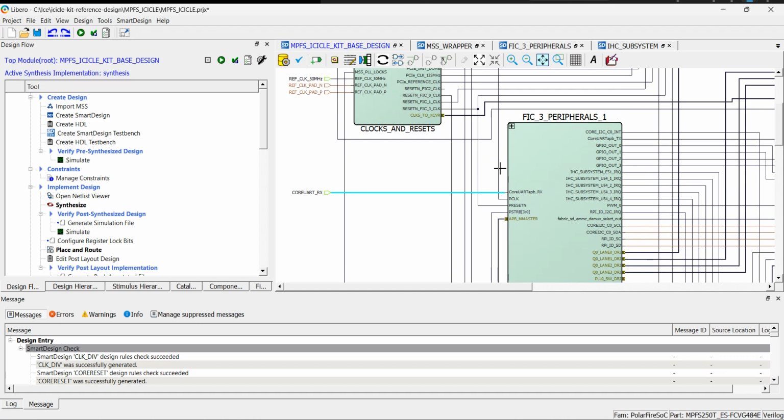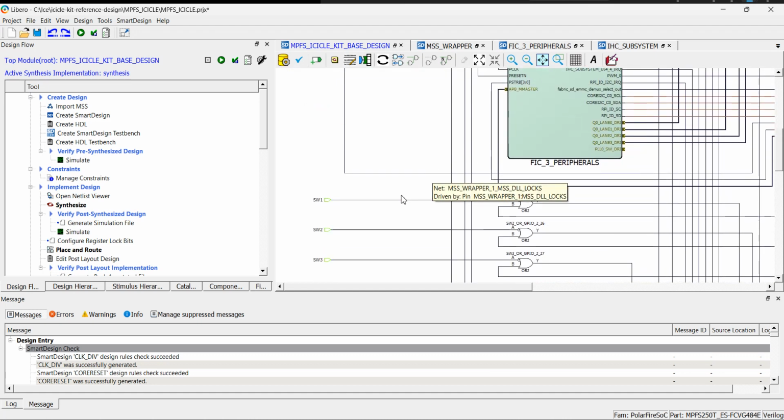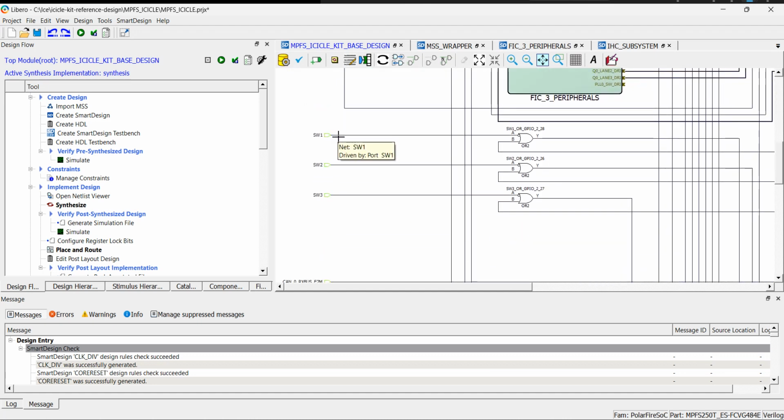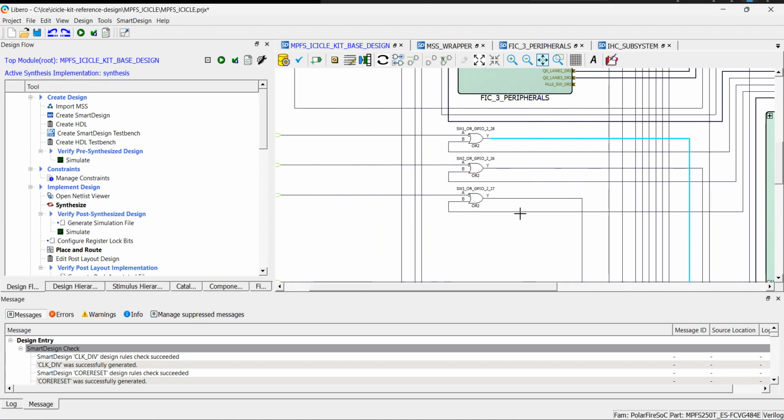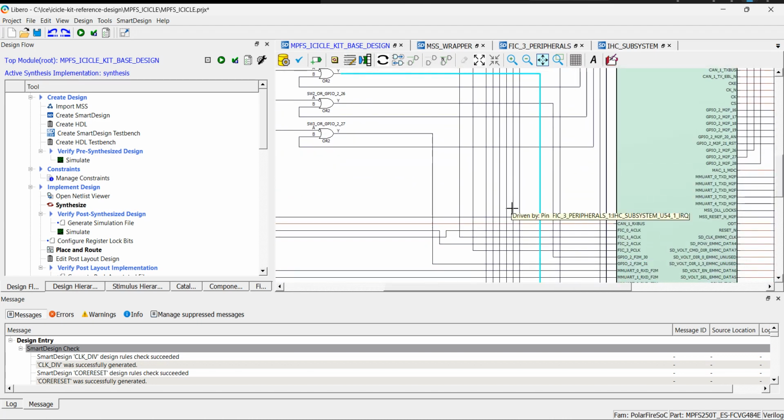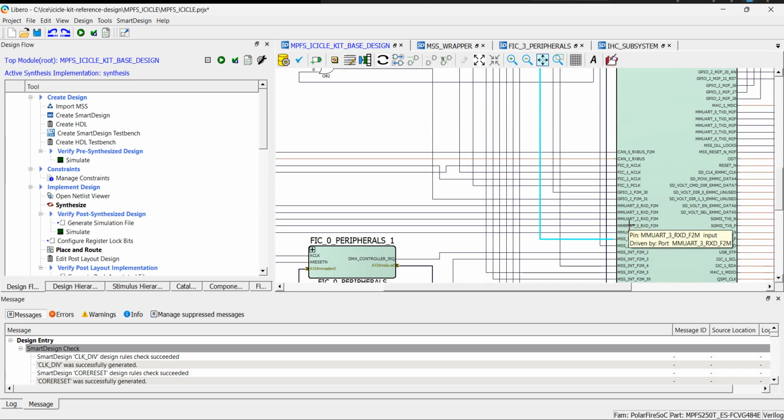We've got a couple of switches that are on the board. So there's SW1, SW2, SW3, and they're running into this OR gate. And then you can click on this guy here, and you can scroll over if you want to, or you can continue doing things like this. And that goes to, so those switches are going in, and those are being served as some sort of MSS